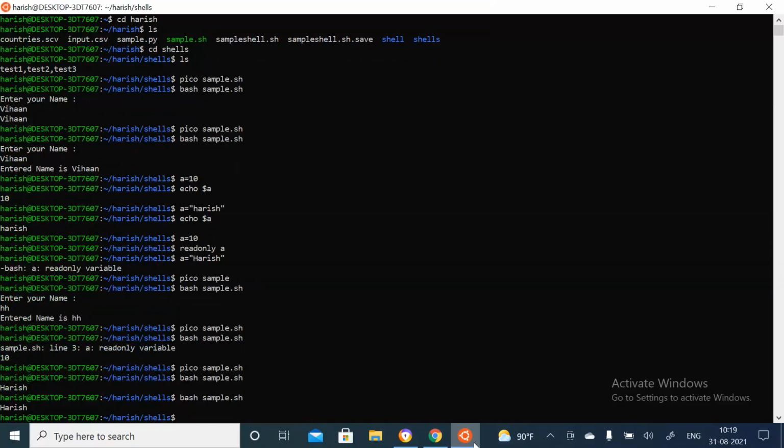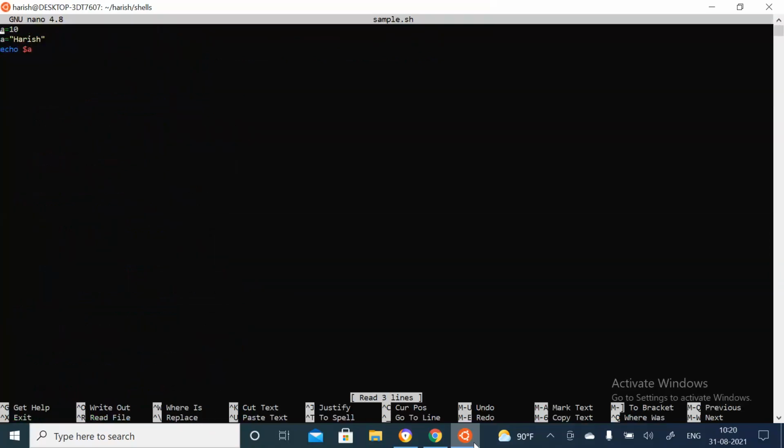I think in the last lecture I told you the script for the commands which are not taking any input from the user. But today we'll see how to take input from the user as well, right?